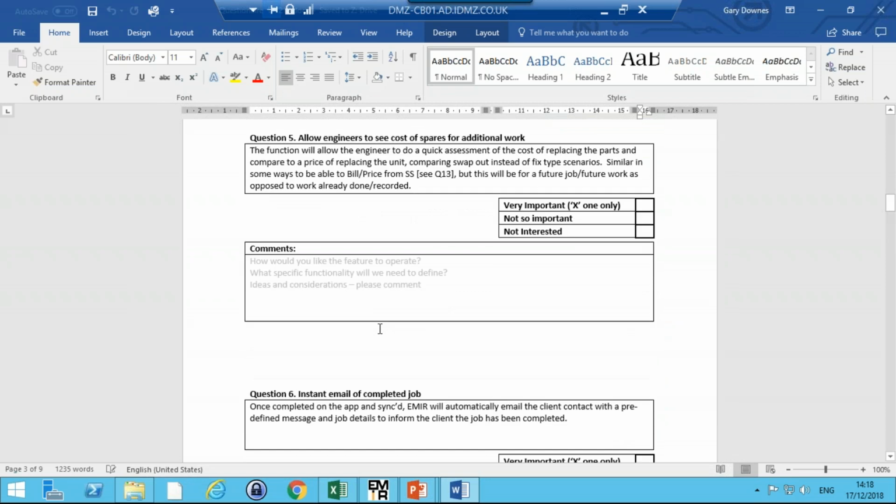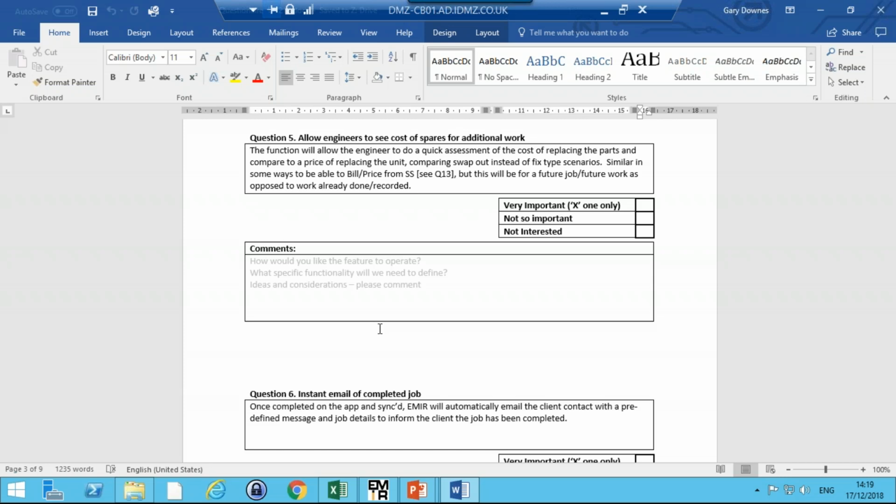Another option that's been mentioned is that sometimes when an engineer is on site, and he puts down that this job needs additional work, it might be handy to know, if we're going to replace materials and do labour on this job, what kind of price that might be. A quote on the spot for the client as to how much work it would be to actually do the additional work, because then you might want to just sell him a new item